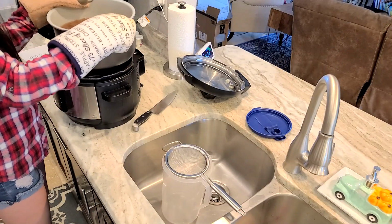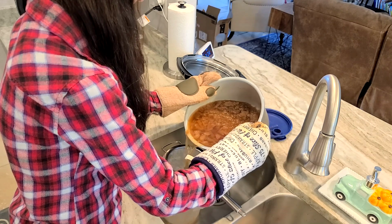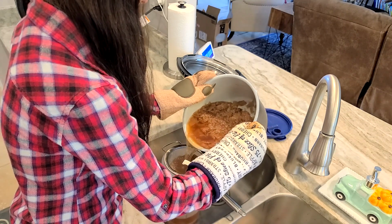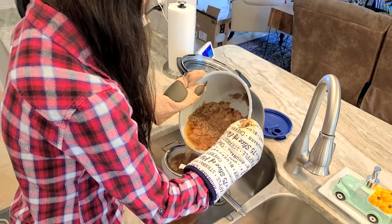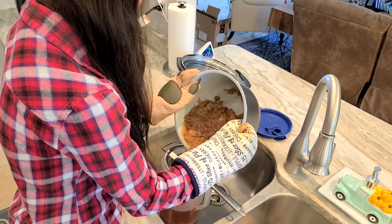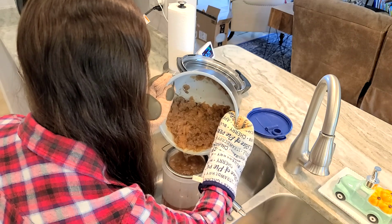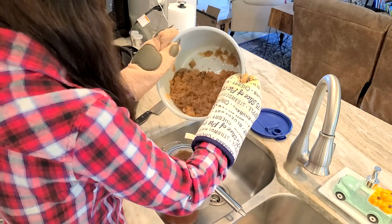At this point, the apple cider was done, so I'm just pouring it into a sifting pan. I actually found that that was easier, and then I put it on top of a pitcher that I have. The pitcher I have is actually just really big and like a plastic one. It's nothing fancy, but it's gonna hold the amount of apple cider that this recipe made,